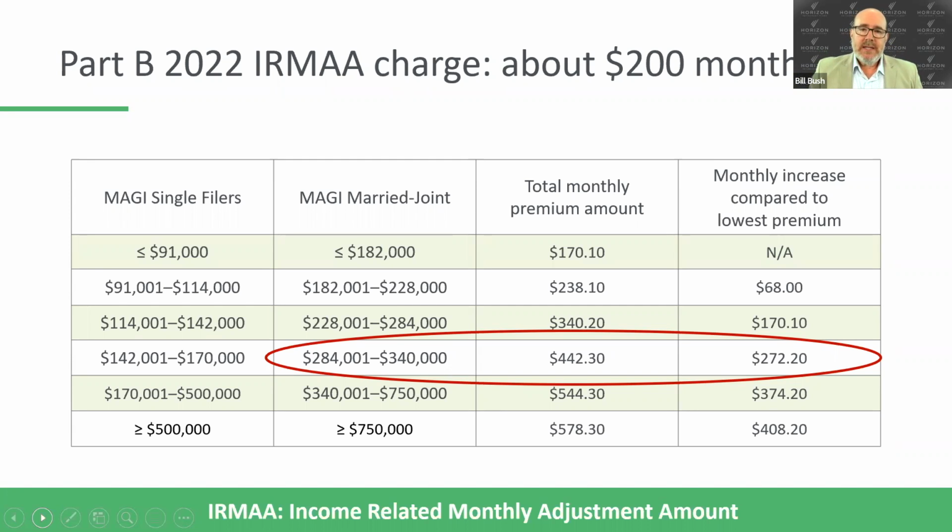So what it did in this case, that extra $1,000 gain pushed their AGI into the next premium tier. Tiers moving on down, and that tier starts with $284,001. So now, instead of owing $340.20, which is that third row down, where George and Martha were on their monthly premiums, they're now going